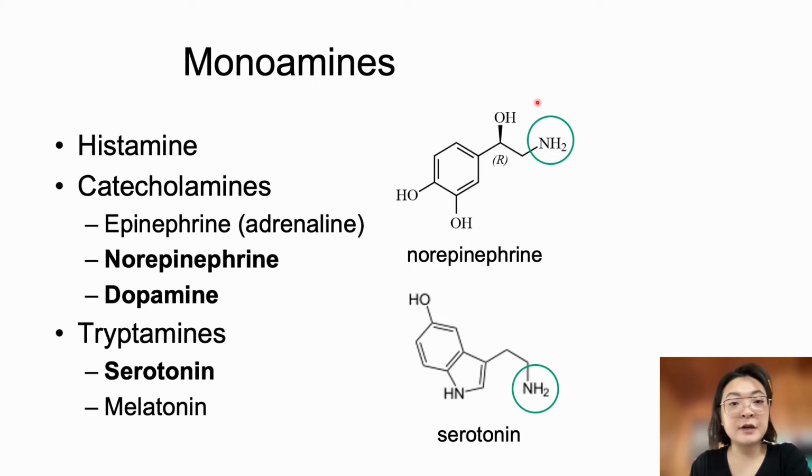Monoamines refer to neurotransmitters that have an amine group, and this includes norepinephrine, serotonin, and dopamine. In these lectures, we will focus on norepinephrine and serotonin. Now, not all neurotransmitters with an amino group are included in the monoamine category. Monoamines have one primary amino group connected to an aromatic ring by a 2-carbon chain, whereas acetylcholine, another neurotransmitter with an amine, has a quaternary amine.